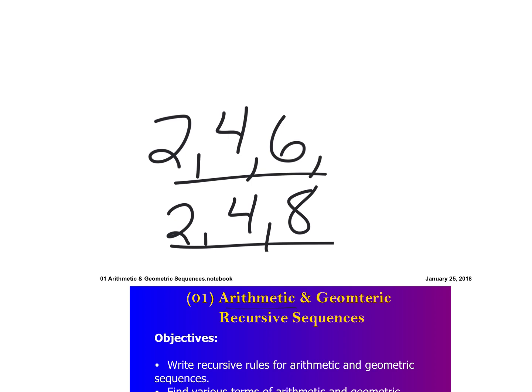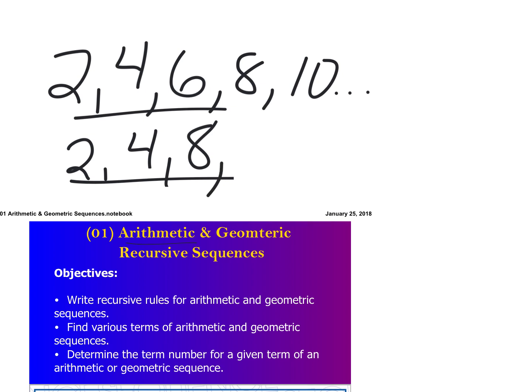Well, of course, if I want to continue this, it would go 8 and 10. And if I wanted to put a dot, dot, dot, you guys know that means it keeps going. Right? Okay. The 2, 4, 8, if I kept going a little bit, it might be like what? What would be next? 16 and then 32 and then dot, dot, dot, because it could keep going like that,